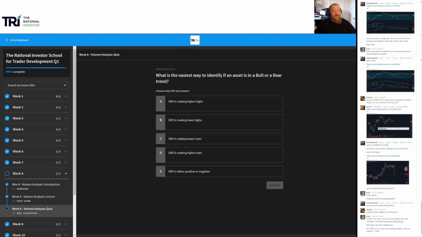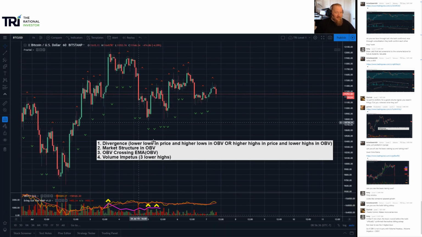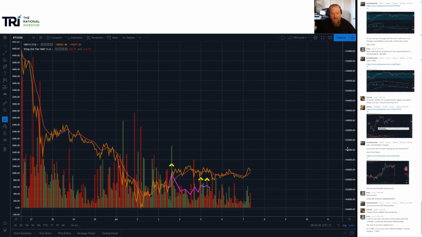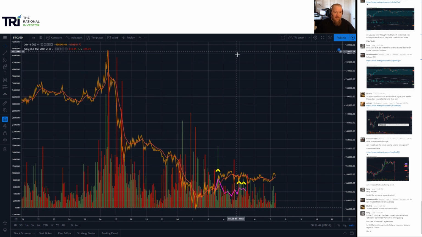And then, what is the easiest way to identify if an asset is in a bull or bearish trend? This is going to give you a quick snapshot at the moment in time, and that is if the OBV is either positive or negative. We didn't really talk about this, but you can see OBV has a range that is either positive or negative. It's not a